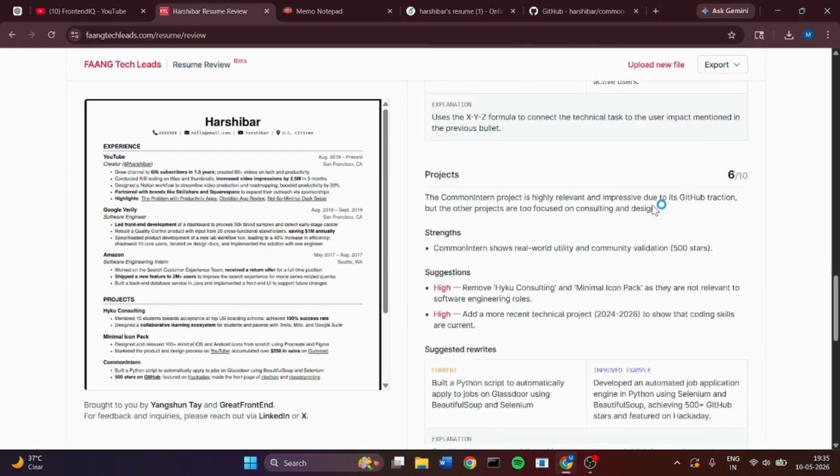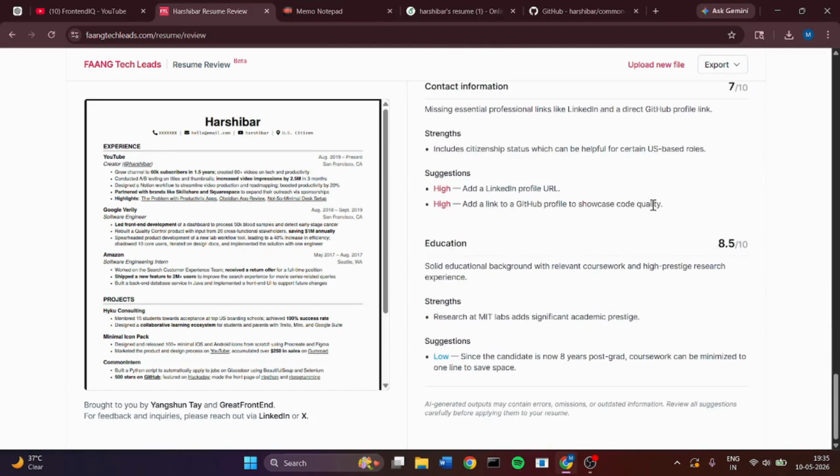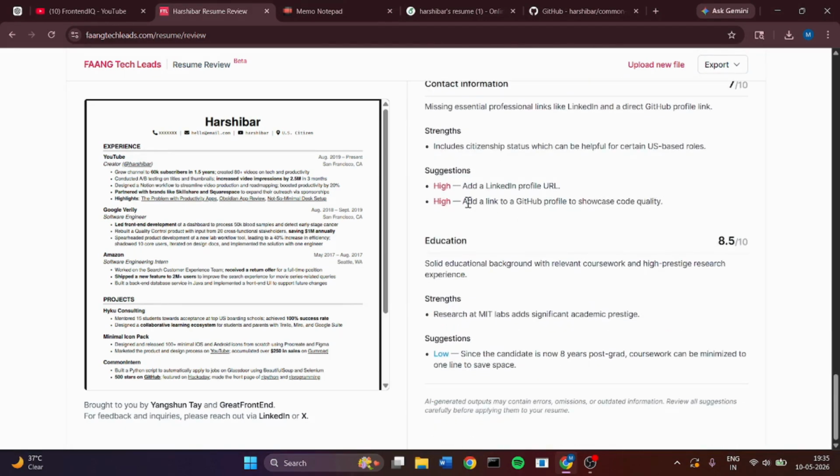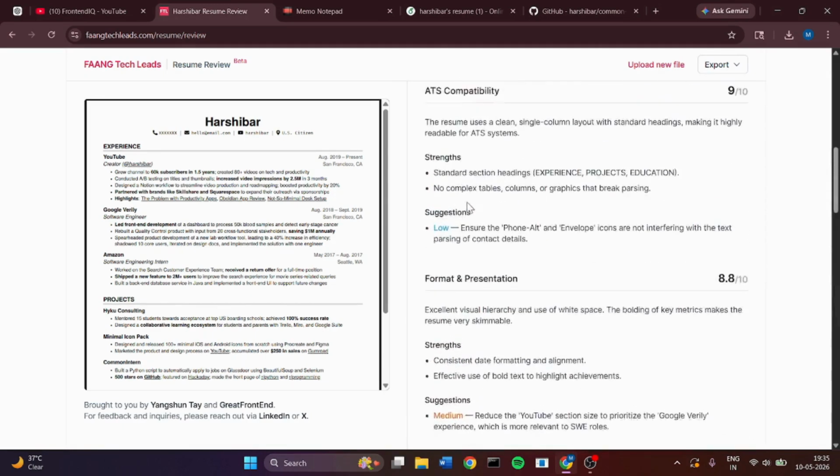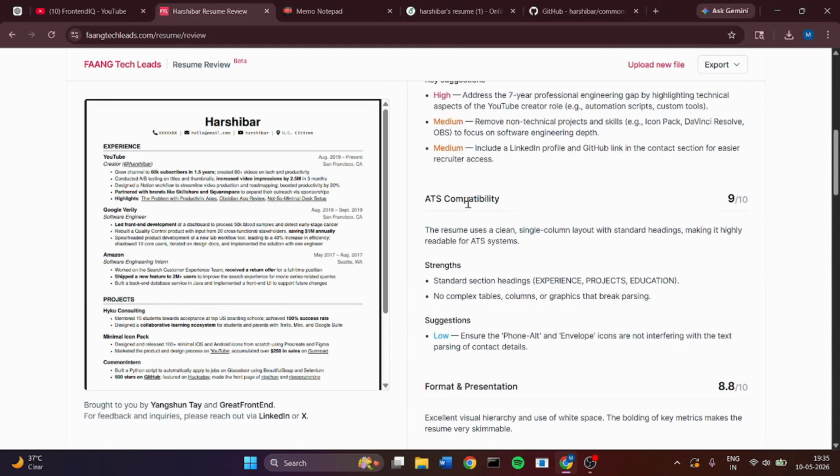So this one is the best one. Here you can analyze your resume using AI. When I was creating my resume, I also used this website for checking the scores, and my resume's ATS score is 9. If you want my resume score, then please comment down, so I will share it in a comment.